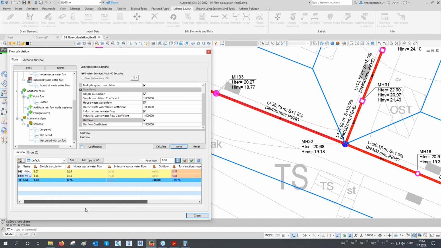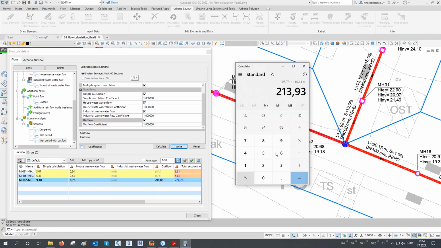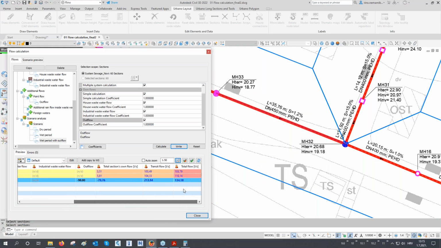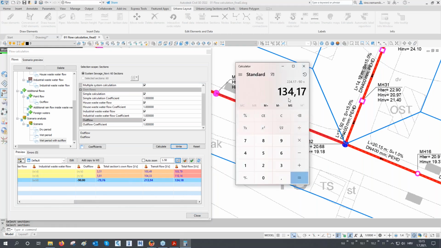And now in this section we have, from the simple calculation, 948, for the house flow 0.76, and the outflow of -90. So if we include that as well, so plus 948 plus 0.76 minus 90, this is the resulting flow of 134.17, okay, 18. So that's how you can use this outflow to basically reduce your